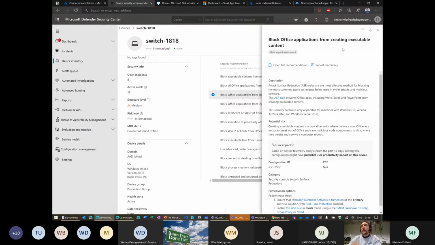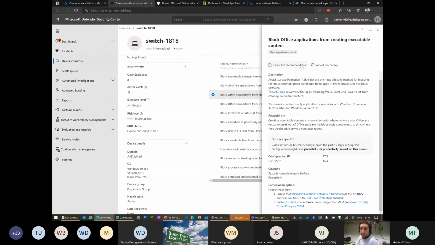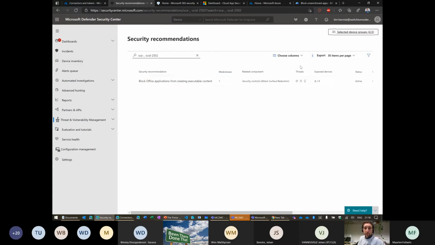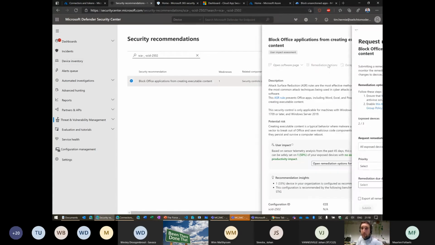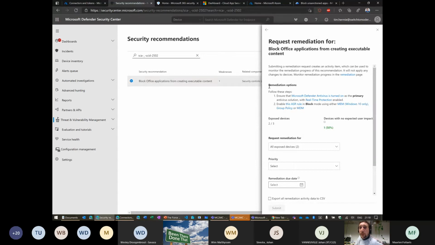We want to block Office applications from creating executable content. So it's advising us to set this up. What is the cool thing about this here? If we open the full recommendation there, we can here click on remediation options, and it will tell us what to do to remediate it. So it's pretty easy.